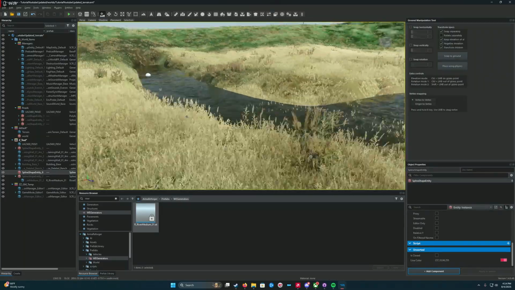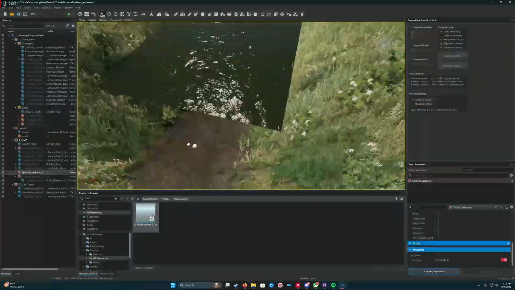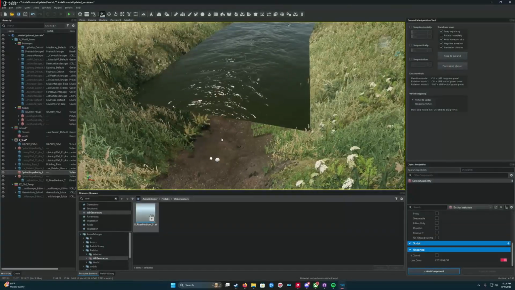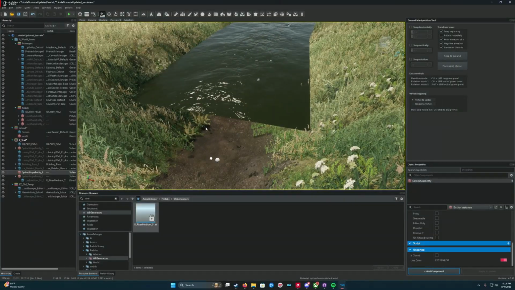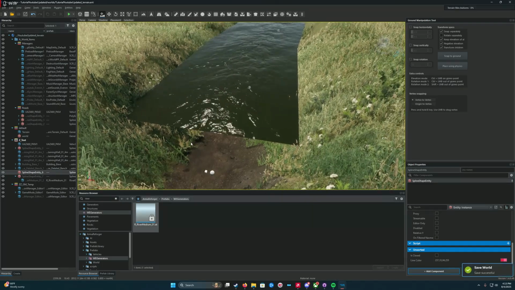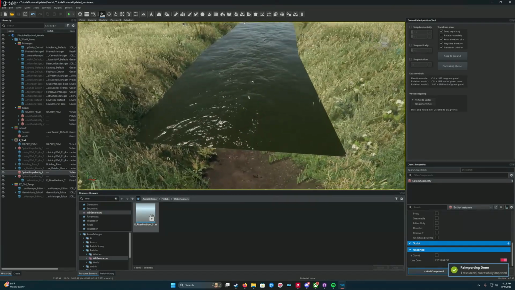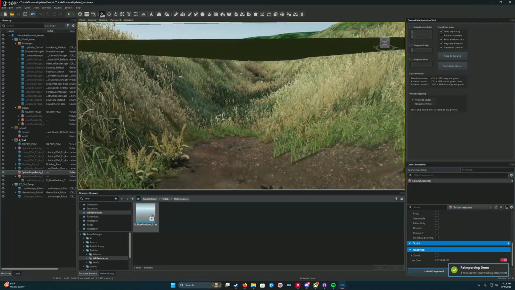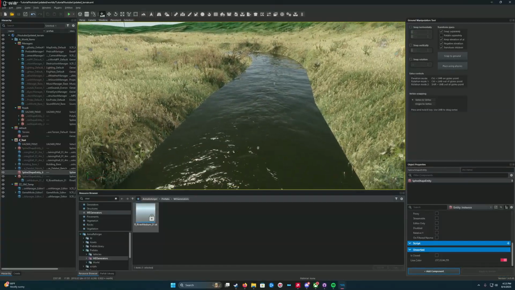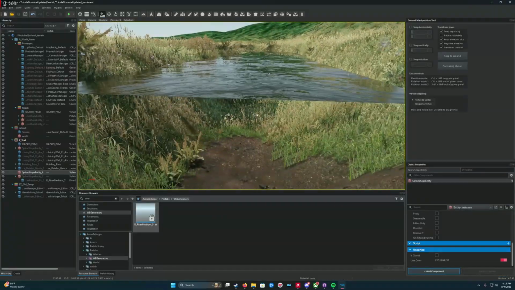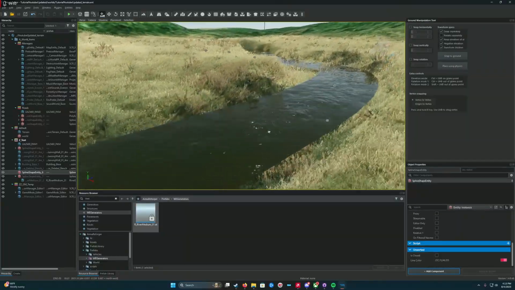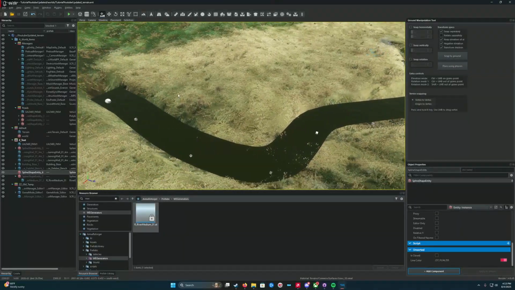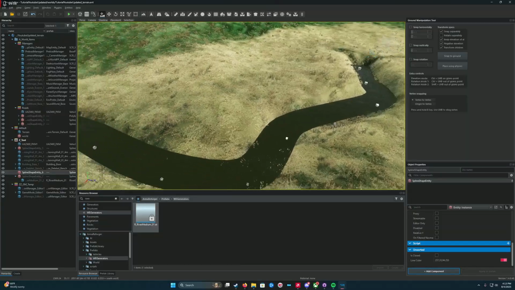All right. So I am not deleting the dirt trails until I know for sure that that's the shape of the river I want. But that, in a nutshell, gives you a very quick, easy way to make a river, get the depth that you want, and how to level out the river. This can be applied for all kinds of different things. I am using these